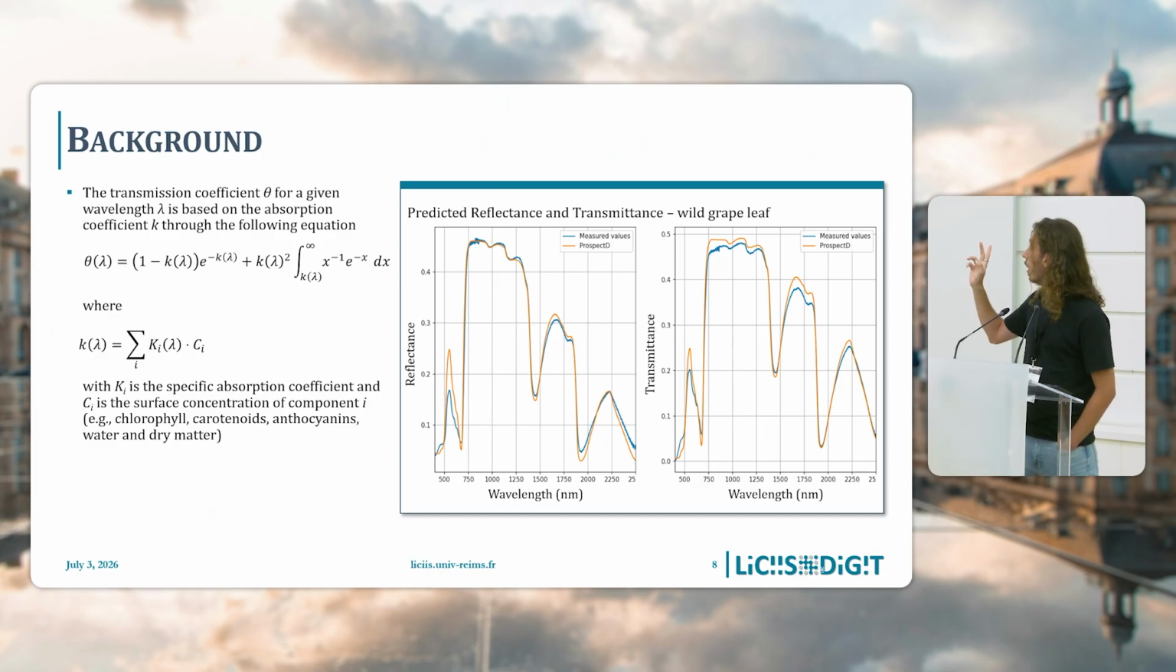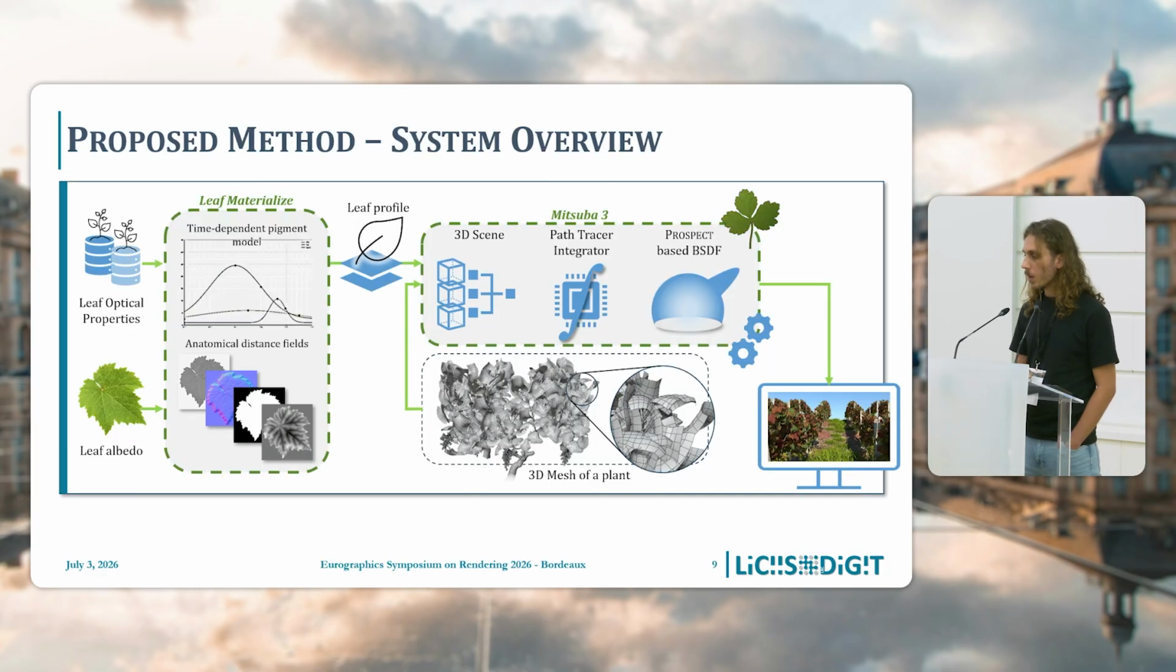On the right, you can see a little comparison between a measured value, the blue curve, and the estimation done with the PROSPECT models. We can see that the result of PROSPECT is very close to the ground truth, and that is very interesting for us. So we propose a method to use this family of models to approximate the rendering of a leaf in a spectral renderer,